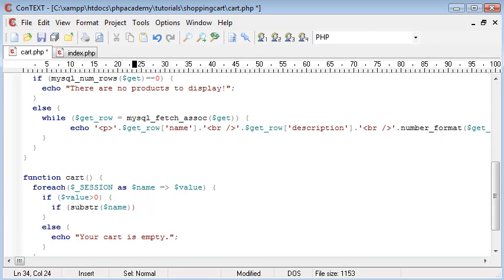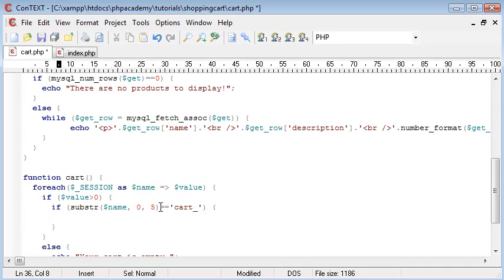So if the substring of name, and we're taking 0 to 5, so we're saying from the C to the end underscore, that's 0, 1, 2, 3, 4, 5. So we need to check that that equals cart underscore, then we do something,